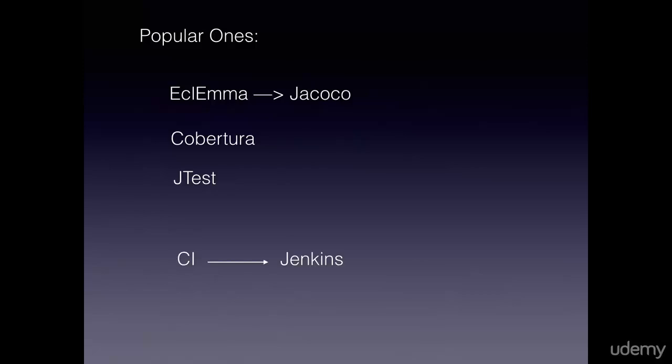There are several open source tools, starting with Eclipse EMMA, which uses the JaCoCo open source library. Cobertura is another famous open source tool that measures unit test coverage. Then we have JTest as well. All these tools can be easily integrated into our continuous integration and build process. For example, we can integrate them with Jenkins, and we can easily make them a part of our build process like Maven or Ant builds.